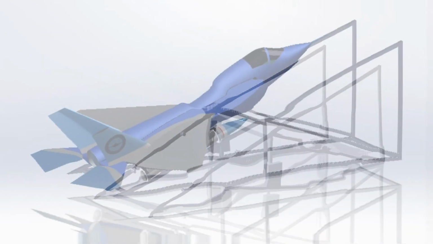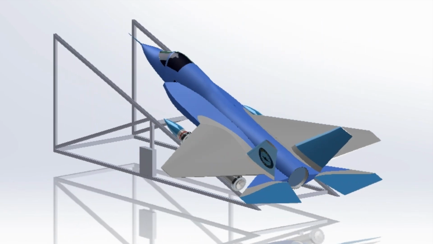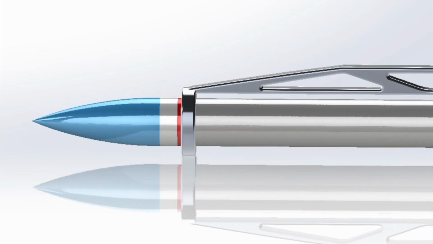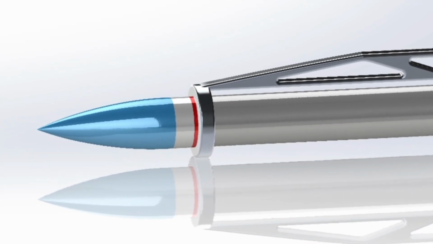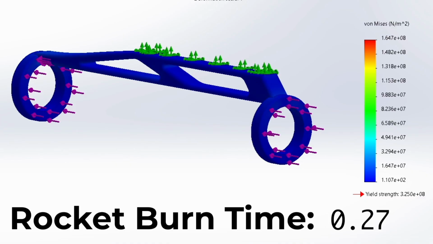The rocket-assisted takeoff bracket is designed to resist maximum thrust experienced during takeoff and fully release from the aircraft upon rocket motor burnout. The rocket motor is equipped with a nose cone that contains avionics and hardware for autonomous recovery that allows this rocket-assisted takeoff system to be more cost-effective and fully reusable. Finite element analysis was performed on the 2024 T4 aluminum bracket, and it was determined that the system is structurally